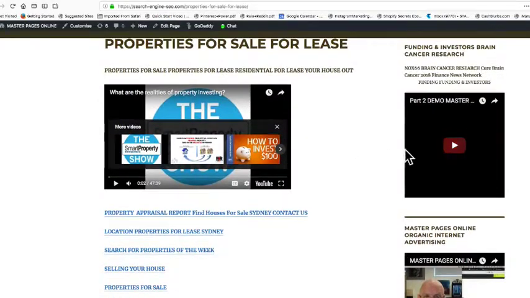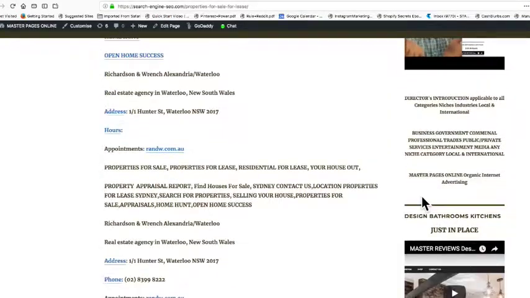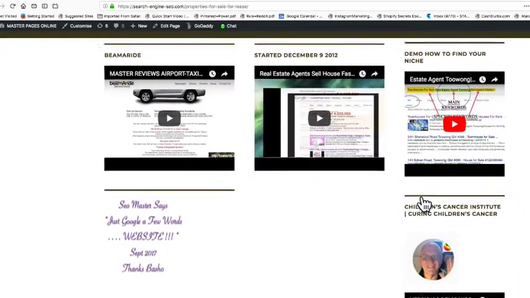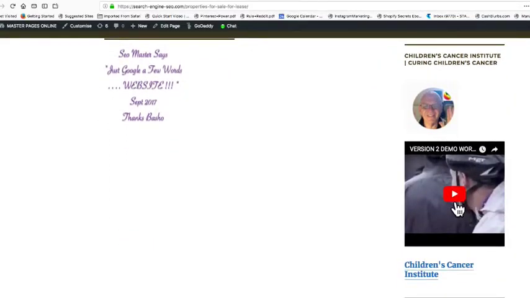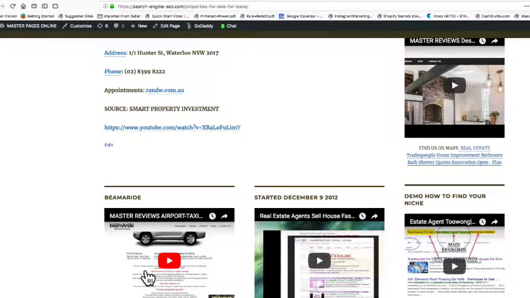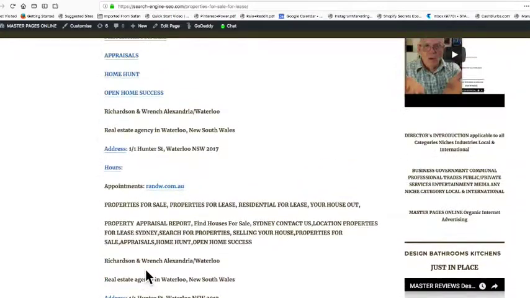Along the side are other people, other demos that we've done. Here's an estate agent. Here is the Children's Cancer Institute. Here's a video about the latest application for taxis,